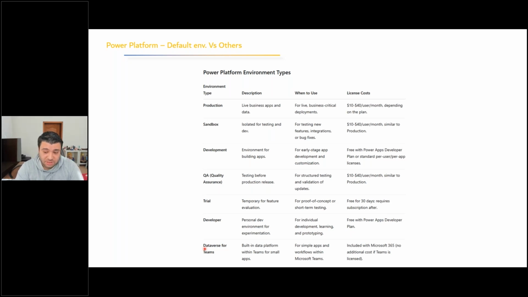Well, a Dataverse for Teams environment is a smaller environment type with small data that you could only use within your teams. You cannot go for XYZ. It has only 2 GB of data or 1 GB of data. I can't really remember anymore, but it's free. That's the main advantage. It's really for people who want to build a small app within their teams, which is included in M365. No additional cost is needed. Well, then you can use that. I'm not going to go into details about that. You can all see that here from the slides.